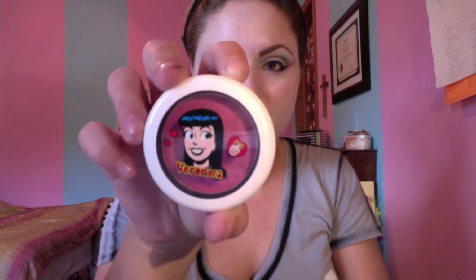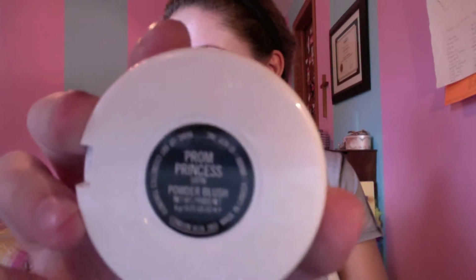So yeah, now I'm basically white, and that's the look we're going for because they're very pale and very alabaster. It is very gorgeous there. So you can set that in with a powder. I did, and now I'm going to be using my MAC Veronica Prom Princess blush, and I'm going to be